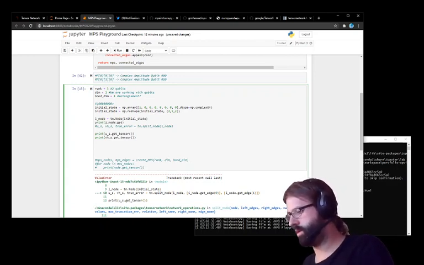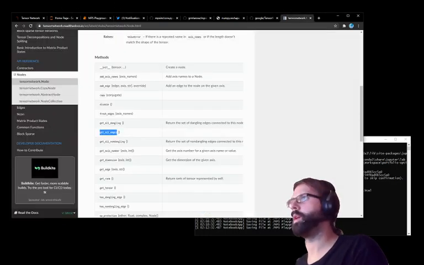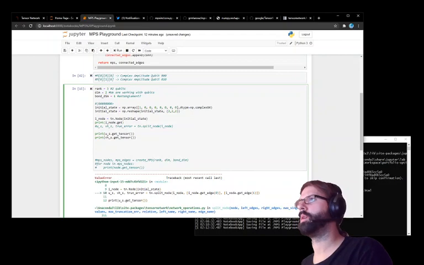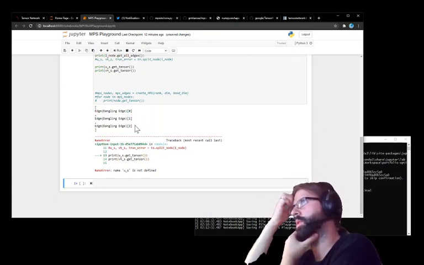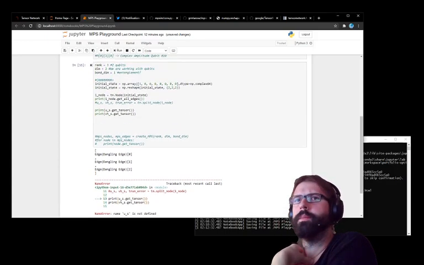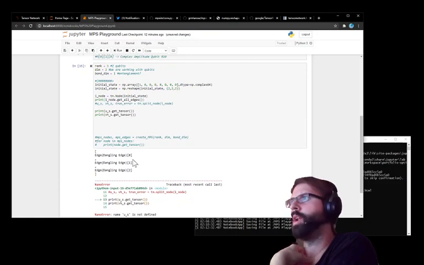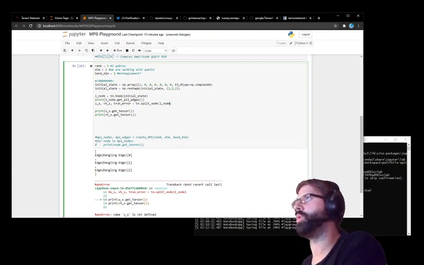Node. Get all edges. Get all edges. So 3 dangling edges. Yeah, kind of makes sense, right? And I just want to now split between the edge 0 and 1. Oh, maybe. Sorry, what I should do is probably